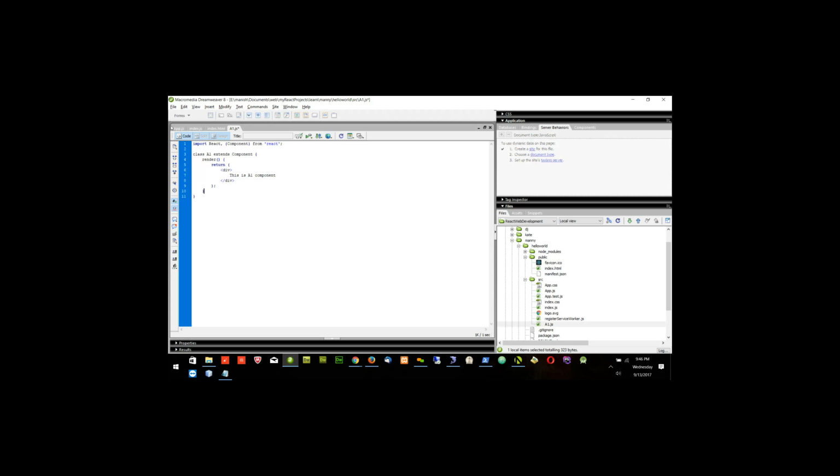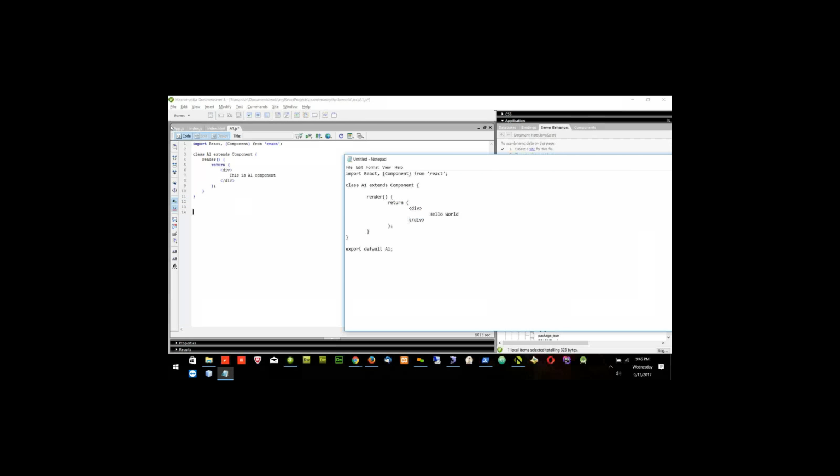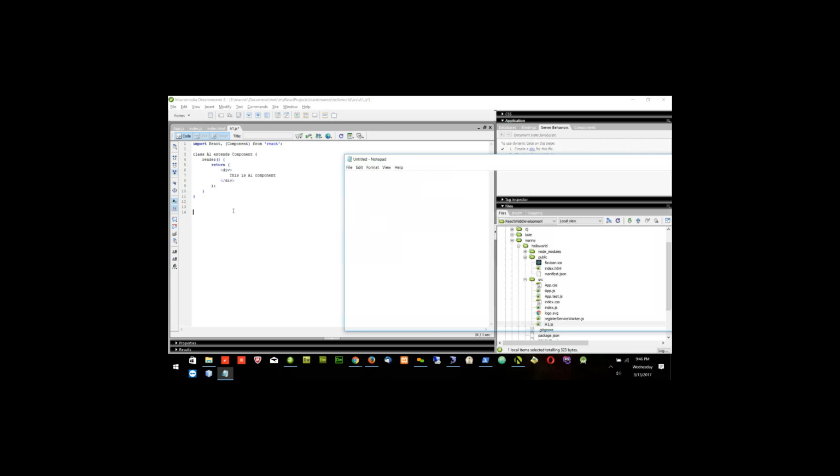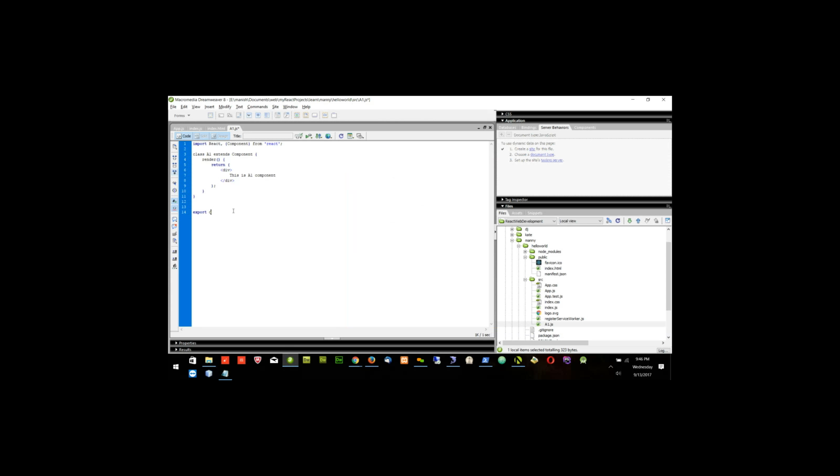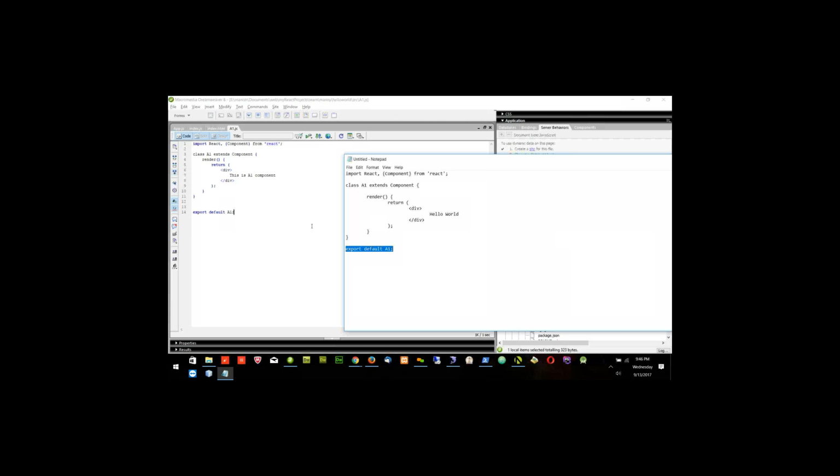And if I want to use this class in another file, I have to use export default A1. So if I want to export this, if I want to use this file in another page, I have to say export default A1. So here I will say export default A1 semicolon. Once I say this, default means,